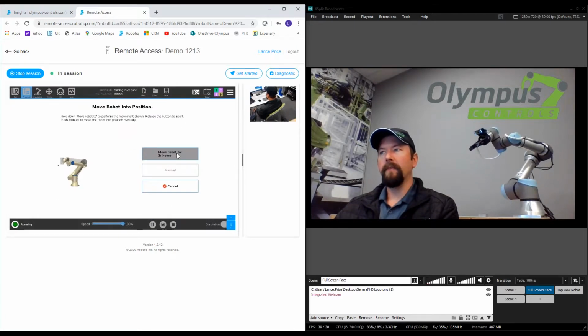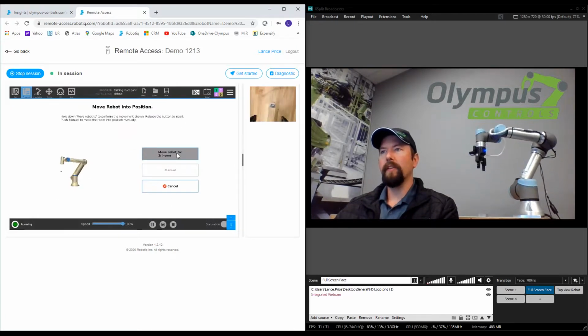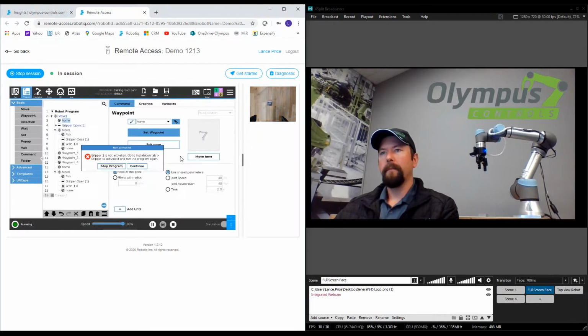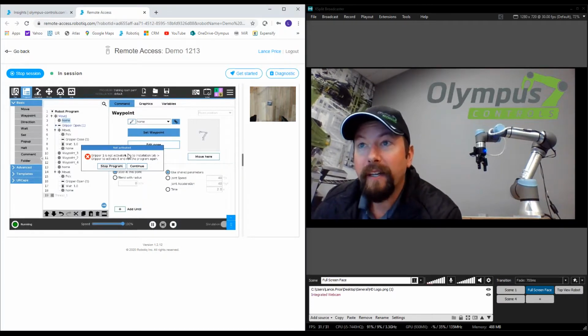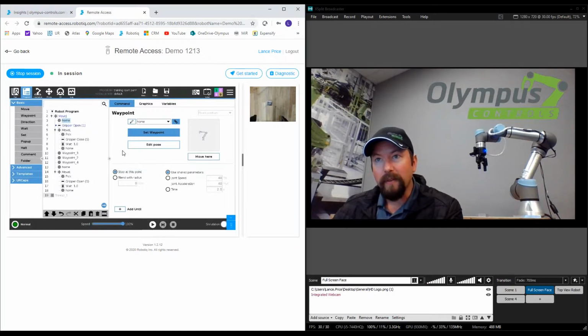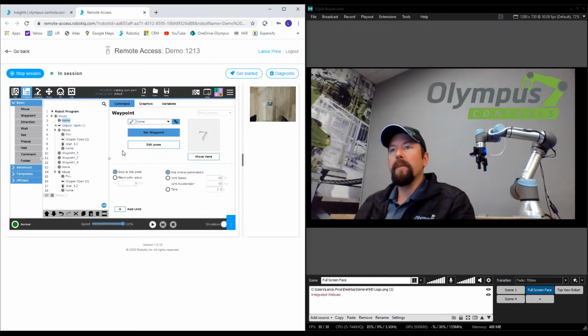and drive my robot into its starting position and play. And what I see is that I've got an error popped up here: Gripper 1 is not activated. Since I know that I can get some support and get some other eyes on this to help me figure out this problem, I'm going